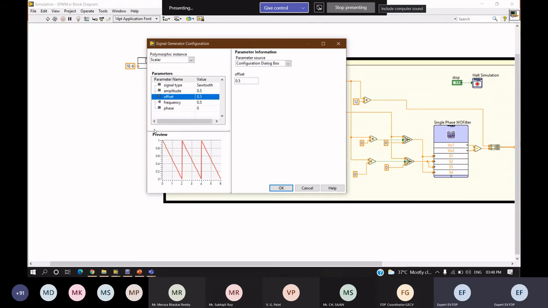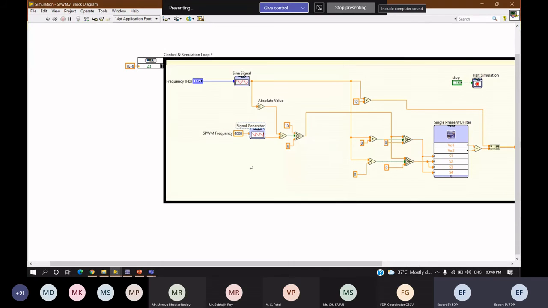It will not go negative to positive; it has only a positive half signal. And here you can see we are comparing the signal. Based on the compared value, we are providing the output, either 0 or 1.